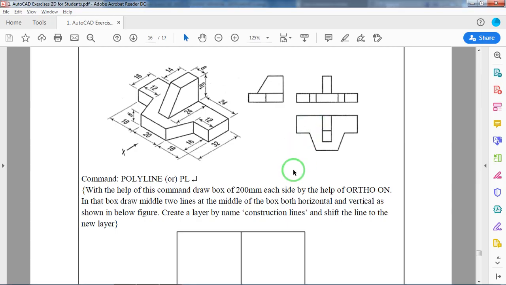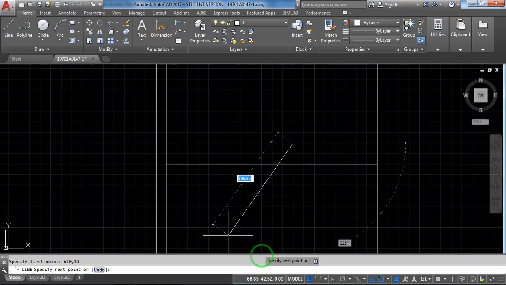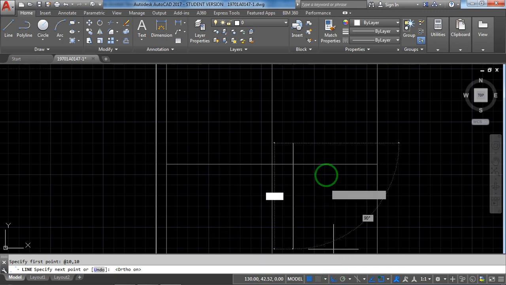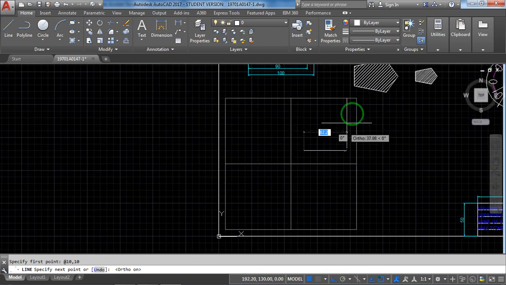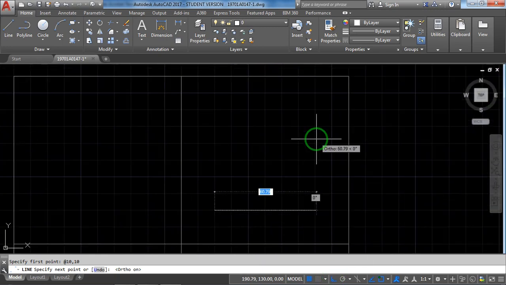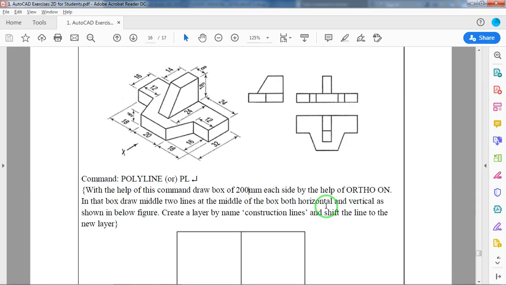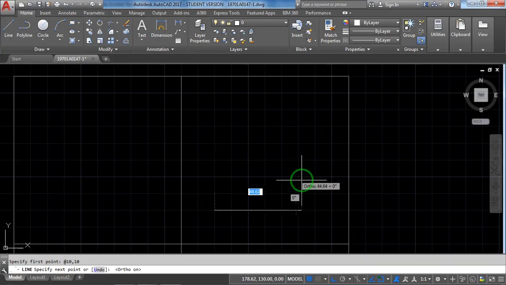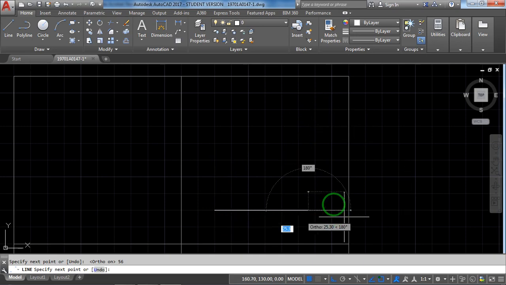Now what is the instruction given here? We have to use ortho on and direct entry distance. To turn ortho on, you have to click this. Now in this you are supposed to enter the distances. For the right side, the total length we have discussed, 38, 48, 56. Directly here, 56, enter. Now if you see this, I got a horizontal line.